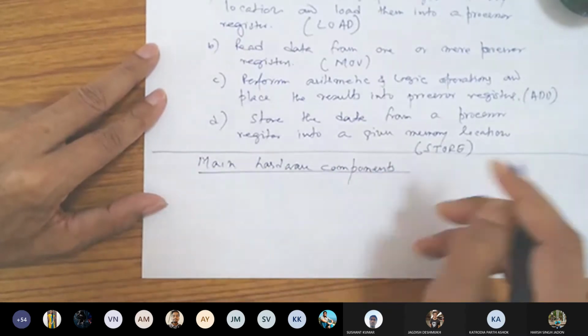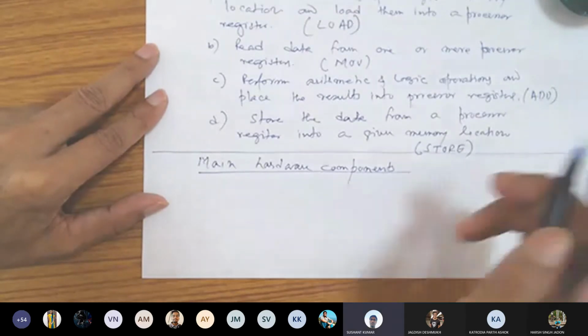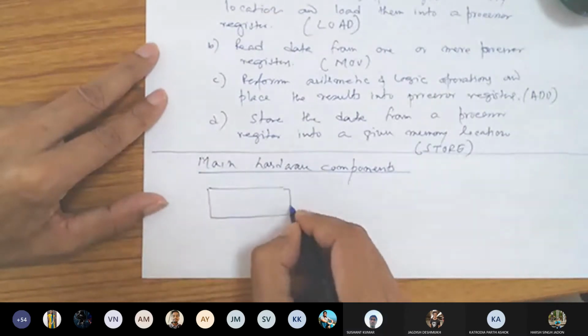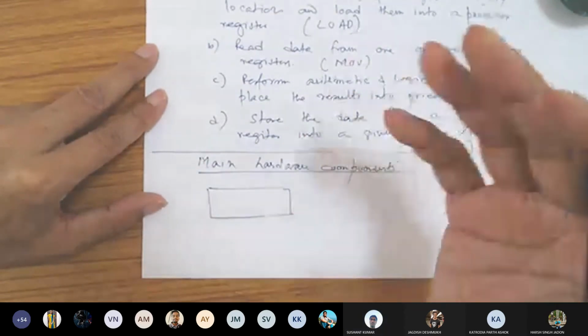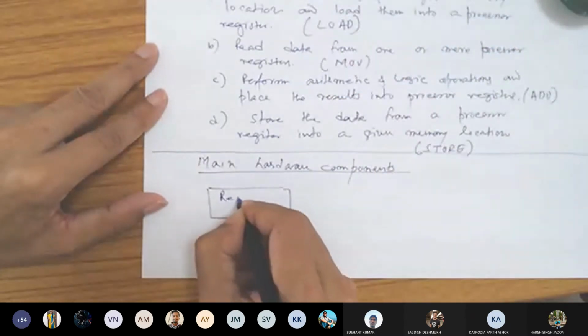So main hardware components, what do you think are the main hardware components that we require? Registers first of all. Okay, somebody suggested registers. It's not a single register, obviously you need multiple registers, so I'll say register file.